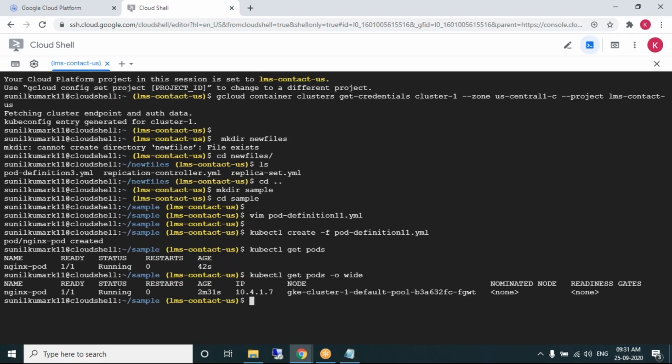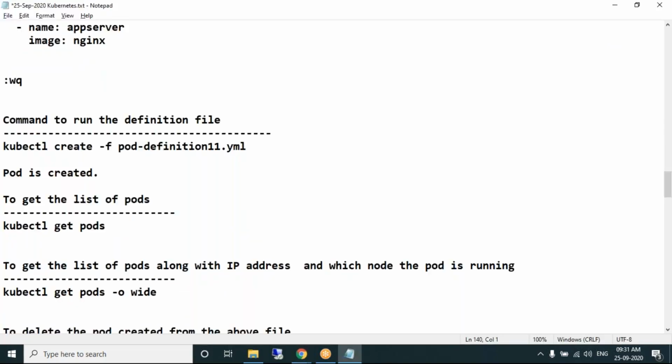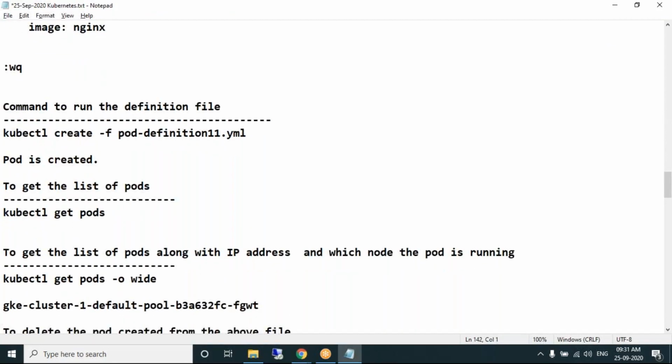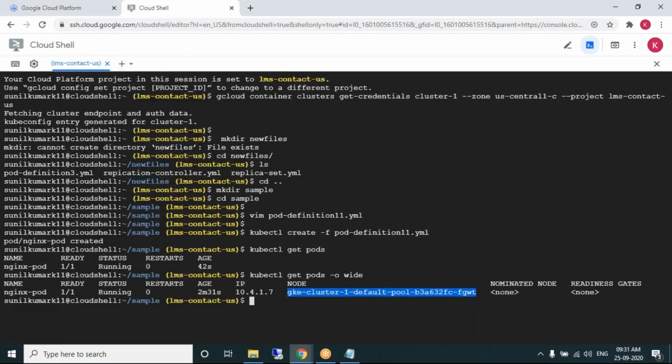This helps you to understand. Same pod, same status. So first 1, 2, 3, 4, 5, same. You get additional output. Every pod will have its own IP address. That's fine. Node information. This pod is running on which node? This node. The pod is running on this particular node. Take a note of the node. I just wanted to take a note of the node. Okay. This is just for reference purposes. I'm taking note. On this node, it's running.